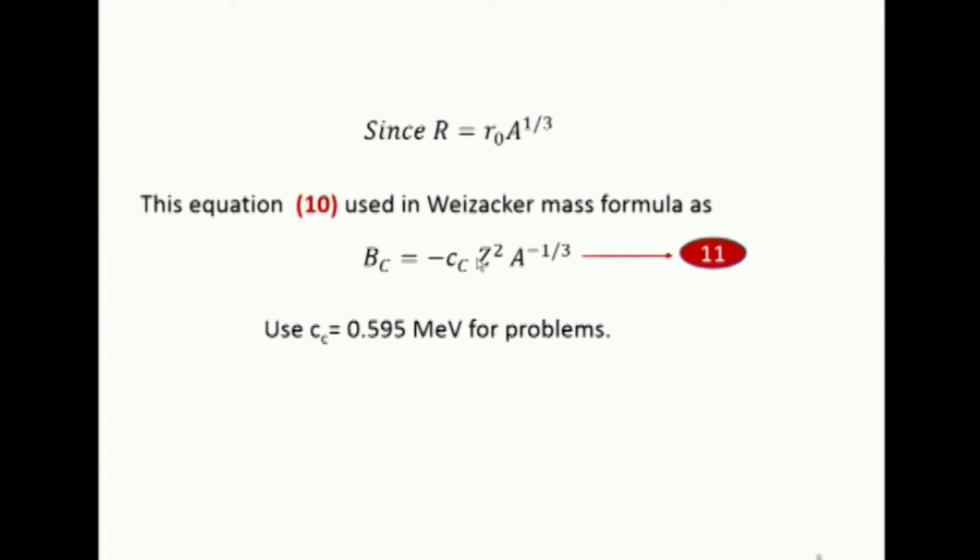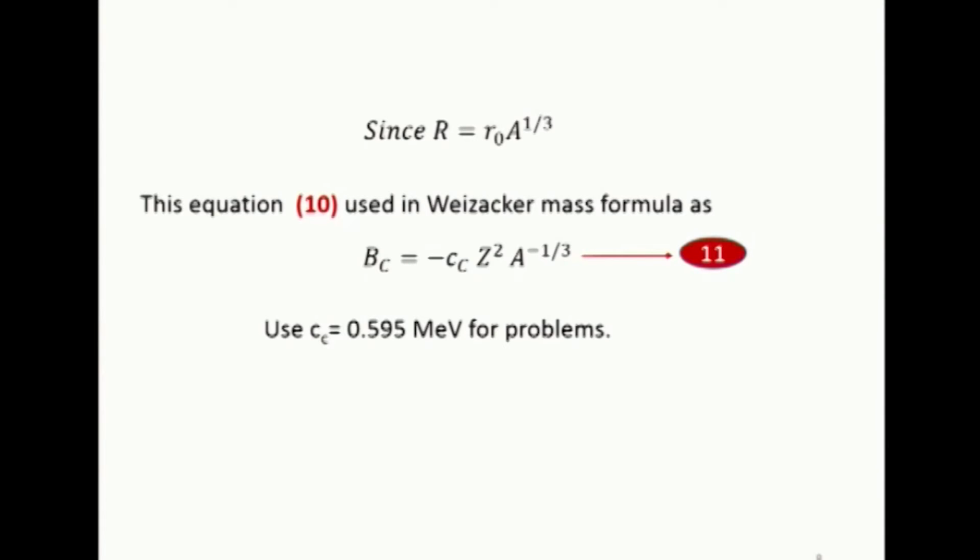That constant he found out from experiments. See, what is that Weizsäcker formula? It is a mass formula, for finding out the mass. How did we get this constant? These constants were obtained from the experimental mass. From the experimental mass, they found out the constants.